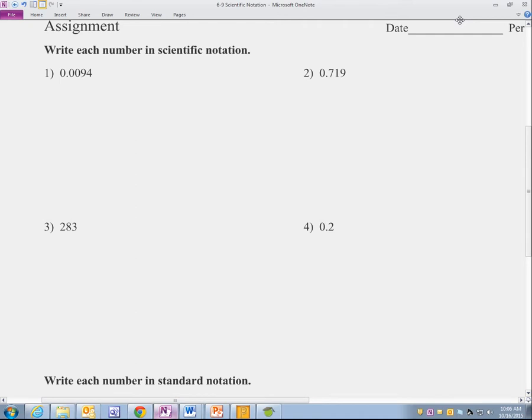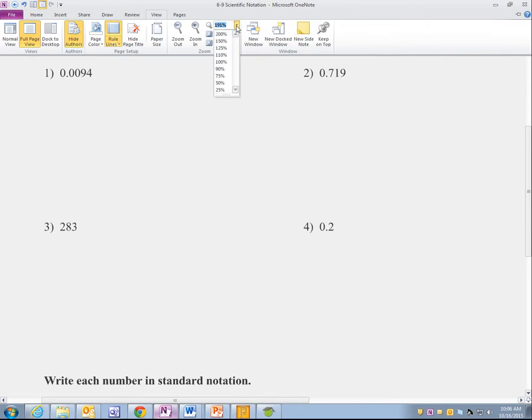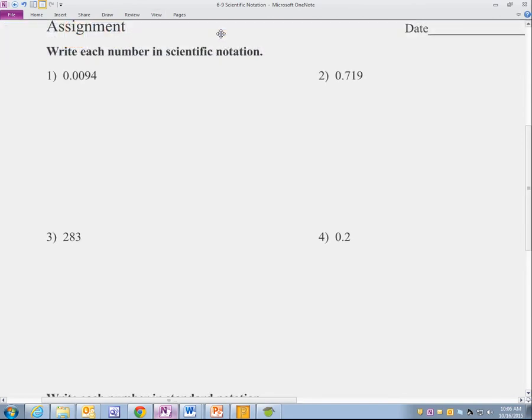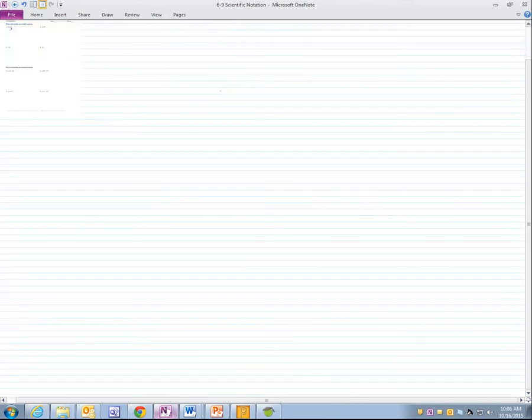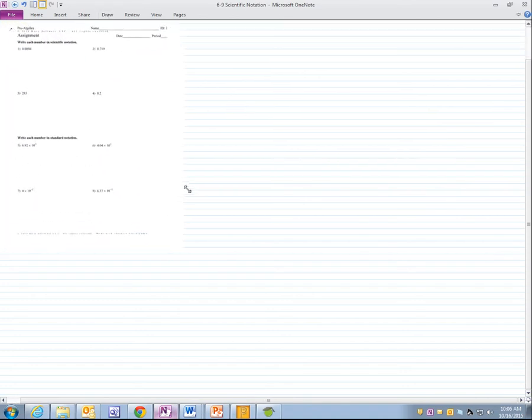But the bottom line is we need to figure out what we need to do to make this spot be where the decimal is, okay? And you have to think about what direction is the decimal going. Is it going to the left or is it going to the right? So if we wanted to make that 9.4,